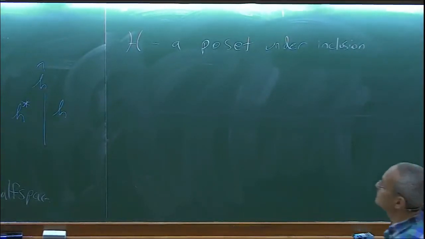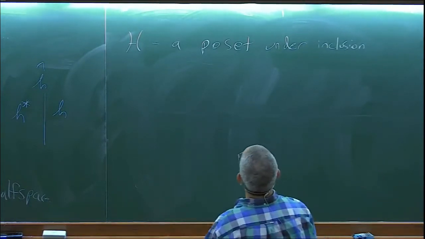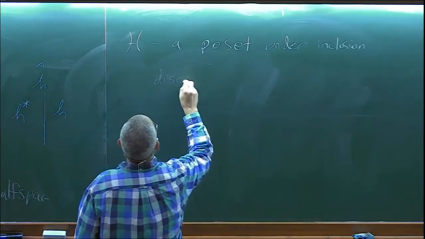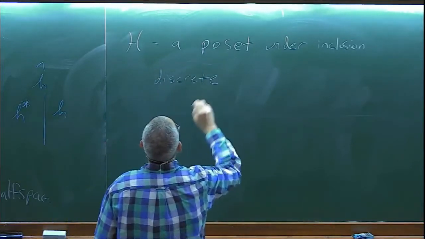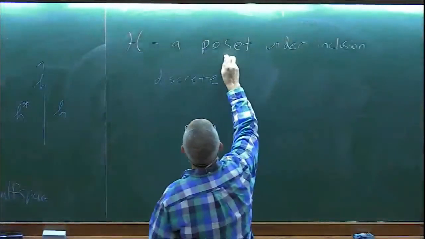We'll talk about that a little bit. It's a nice space with walls, okay? And it's discrete, because between two half spaces where one is contained in the other, there will be finitely many hyperplanes, right? So this is a discrete poset,